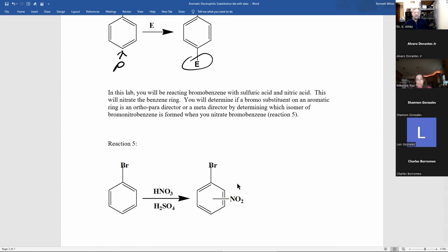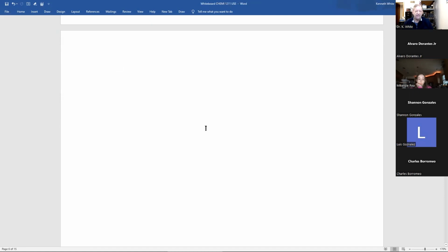Now, it turns out, and this is important, that in this lab, you'll be reacting bromobenzene with sulfuric and nitric acid to put a nitro group on, a nitration. And you'll determine, is bromine what type of director? Now, one of the things I want to point out, and pay attention, hint,